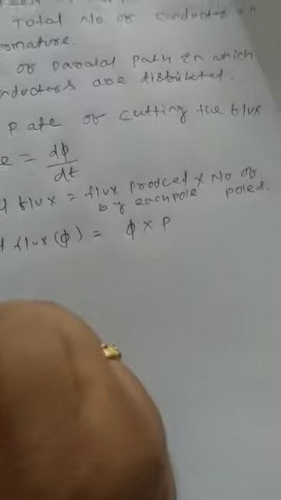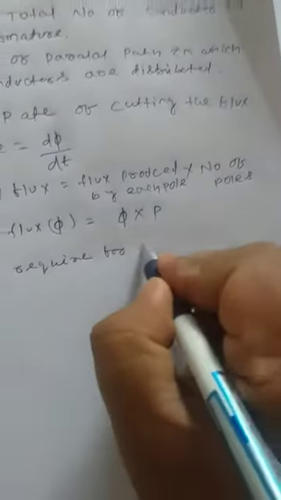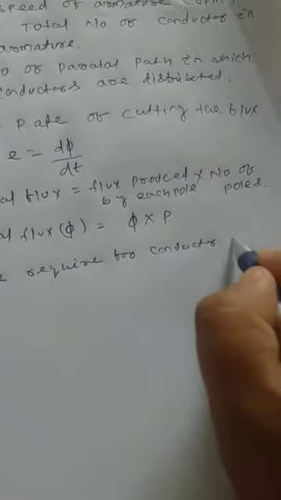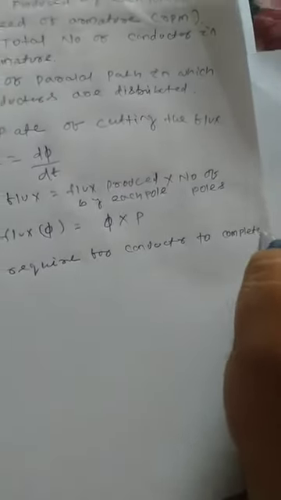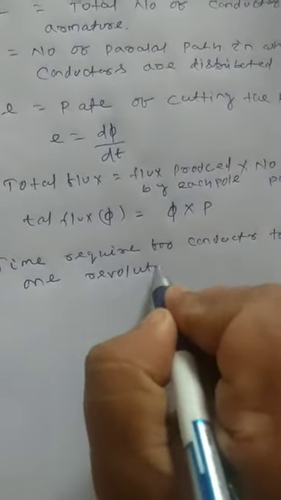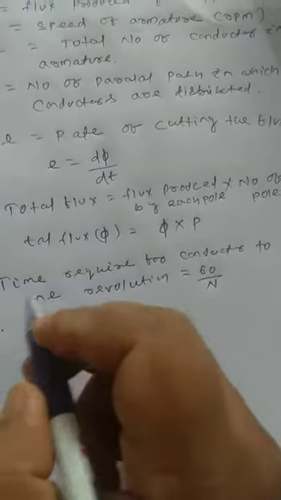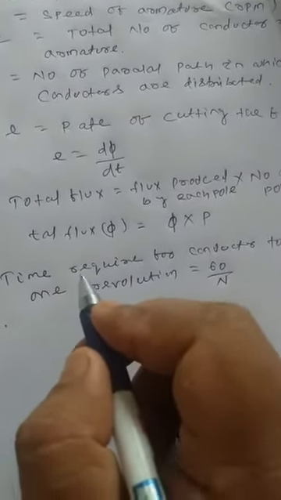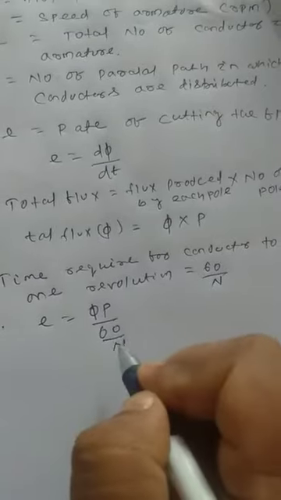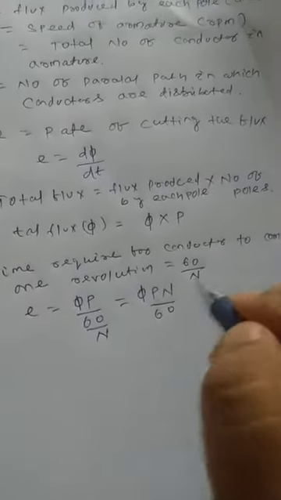So the time required for a conductor to complete one revolution is 60 by N. Substituting this, we get the EMF E equal to phi P divided by 60 by N, that is phi P N by 60. This is the EMF